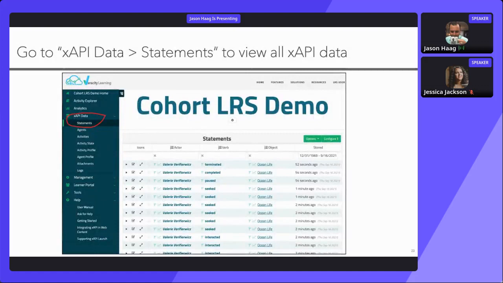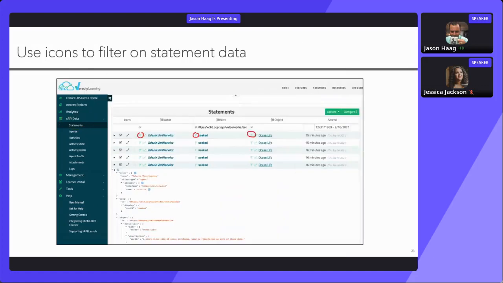After your content has generated the data, you can go to the LRS and work with the data. If you click xAPI data in Veracity Learning, in the menu you'll notice there's a statement viewer. There's also a separate viewer for other parts of the xAPI data model, such as agents, activities, activity state, attachments, etc. So you can filter on those data as well. And also in the statement viewer, you can click any of the filters. You can filter down by actor, verb, or object, but you can also expand the statement to view the